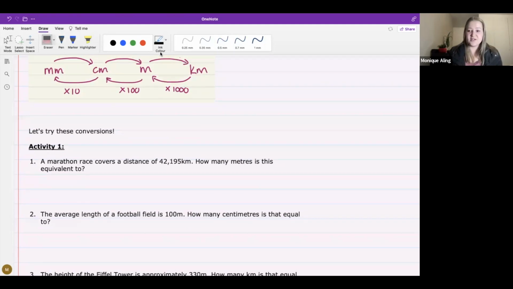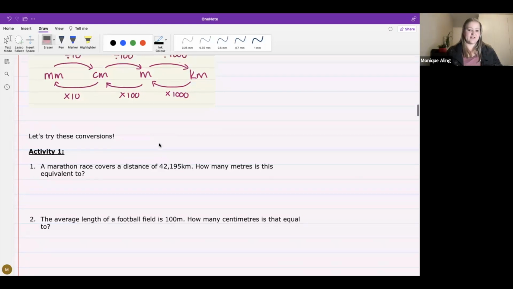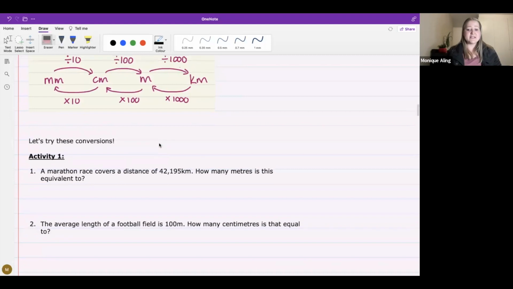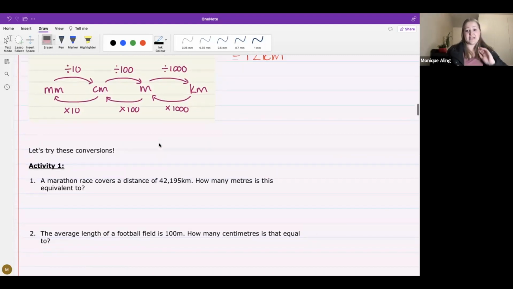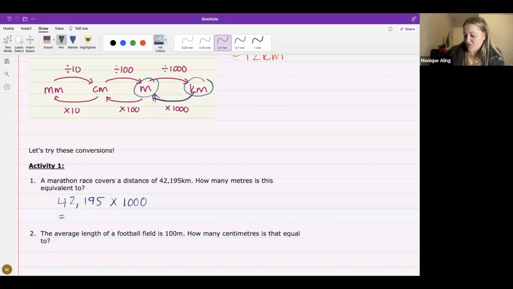Don't forget the unit in your answer. We are going from kilometers to meters. Looking at my diagram at the top, going from kilometers to meters, I'm following this arrow, so I take my number and times by 1,000. 42,195 times 1,000 gives you